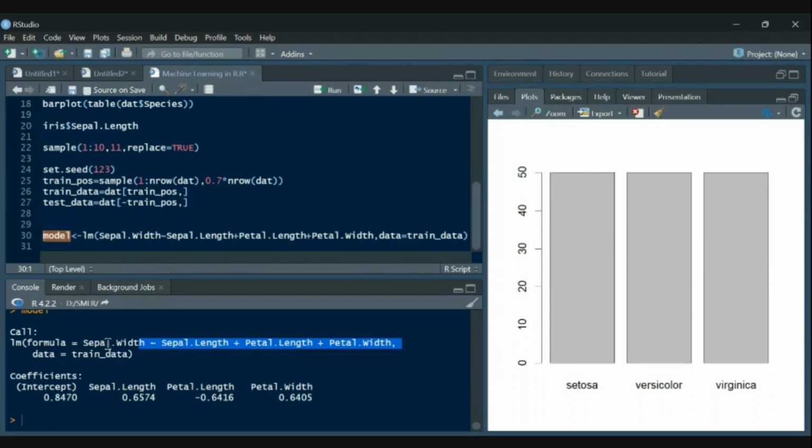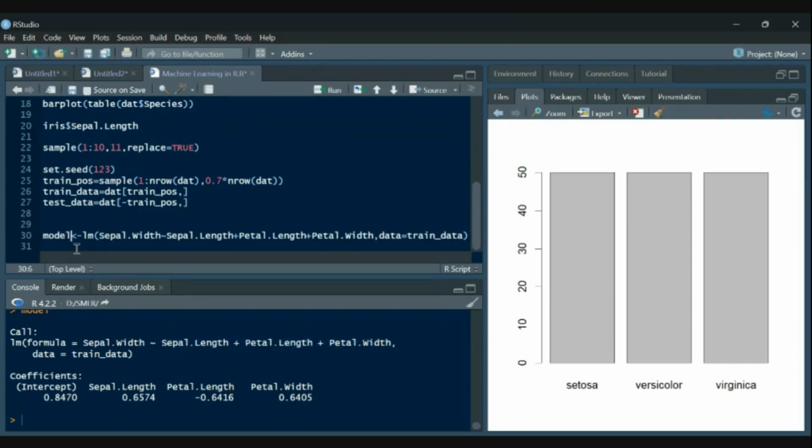So we can see that as sepal length changes by 1 unit, the sepal width will change by the value 0.74 if the others remain the same, and the same goes for petal length, it will decrease, and petal width again is positive. Right. So this is the model.